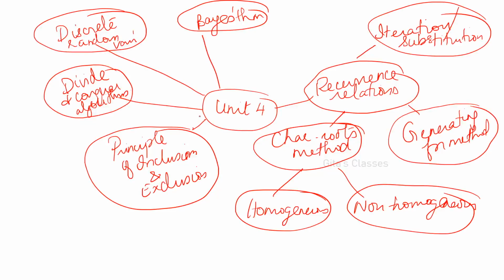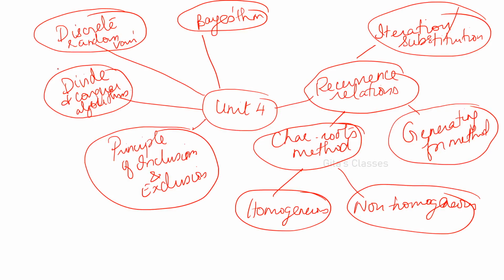So first, discrete random variable. You can expect one question like this: X and P of X will be given and you will be asked to find out the constant K and find the mean and variance of the discrete random variable. All those types of questions you can expect. Bayes theorem also, we know what is conditional probability. You can expect conditional probability or one definite question from Bayes theorem.